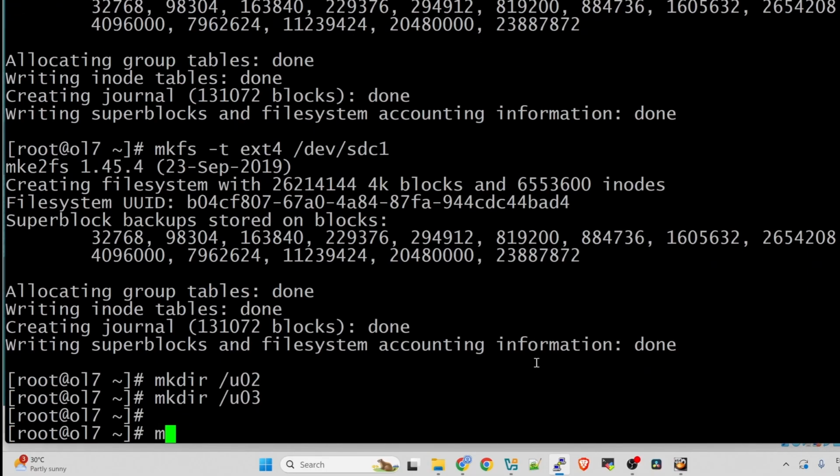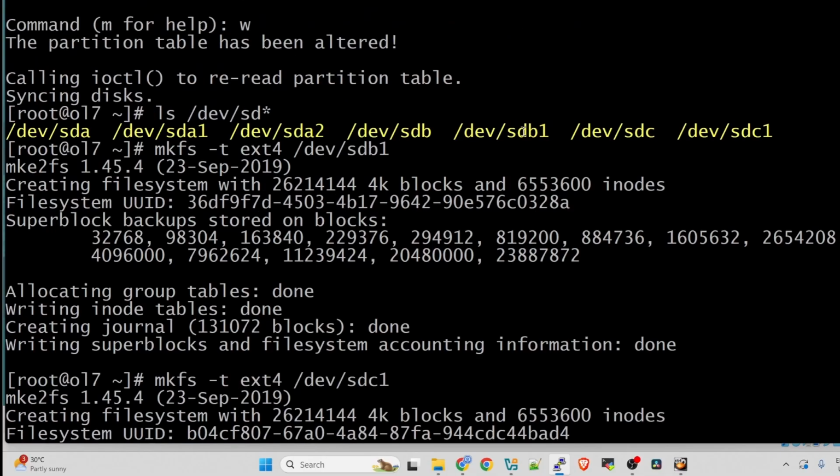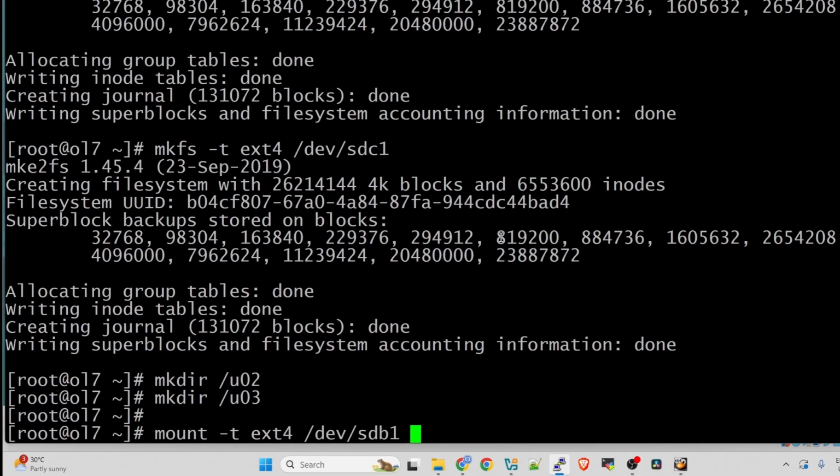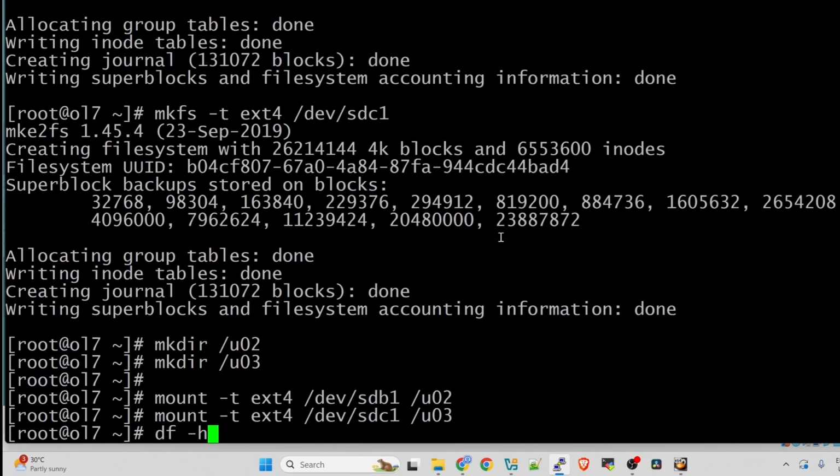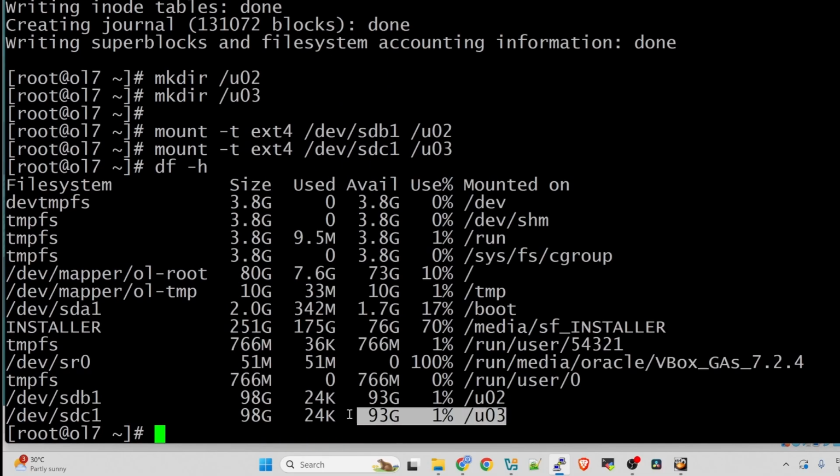And then let's mount it. mount -t, the type is ext4, and then the device, this one, and then the directory, /u02. And then do the same thing for sdc1, for the /u03 directory. Now we should be able to see them. So here, the sdb1 is mounted to /u02. Same thing for the /u03.